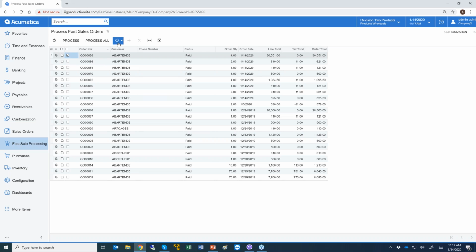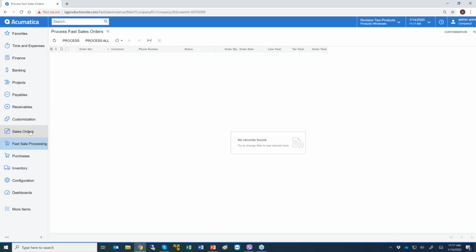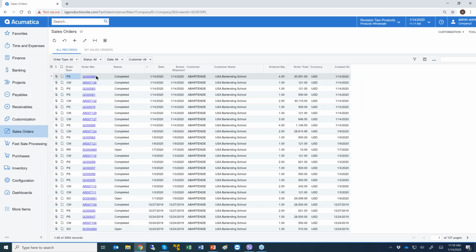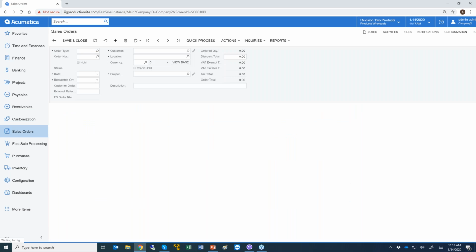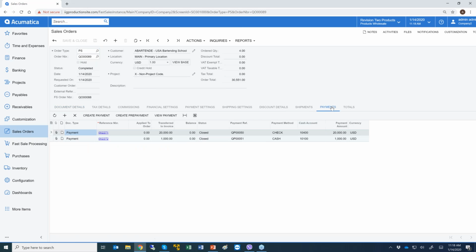Of course, you can set up a job that automatically schedules runs it. And if you click on process, it would go ahead and create the transactions in Acumatica for that Q88 transaction. So if I come to my sales orders, I would see a transaction generated, and it would tell me that it's the fast sales entry 88. What are the items that got processed for it, the payment that got created for it, and so on,